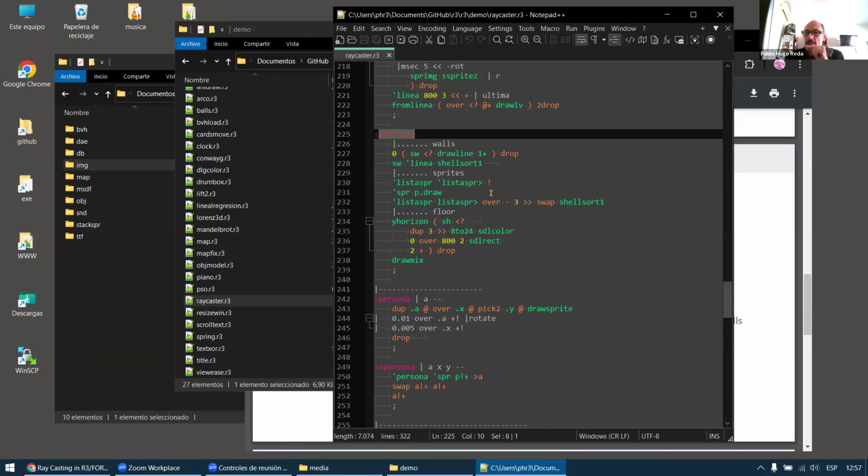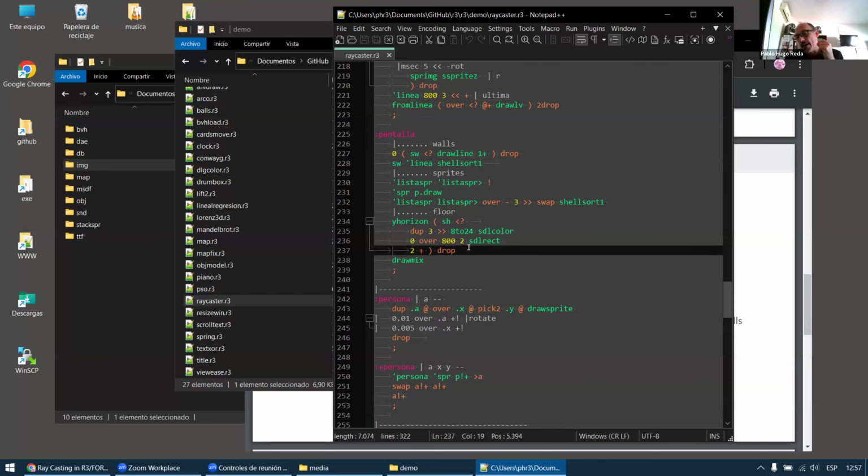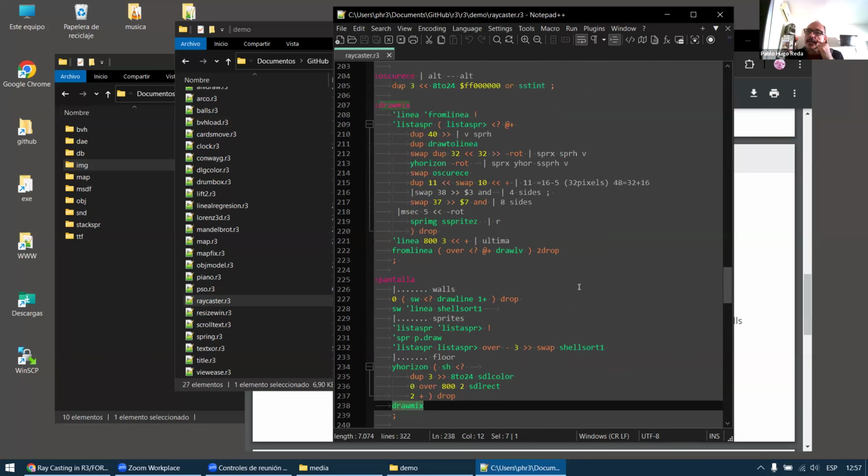I traverse the sprites and sort from far to near, and first I draw the floor with a gradient of color. This is the function that correctly draws these things. Draw mix,